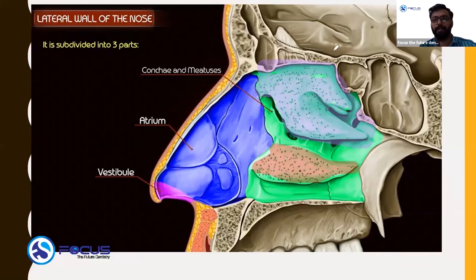So that's regarding conchae and meatus. We'll see it in detail later. Now I'll just introduce